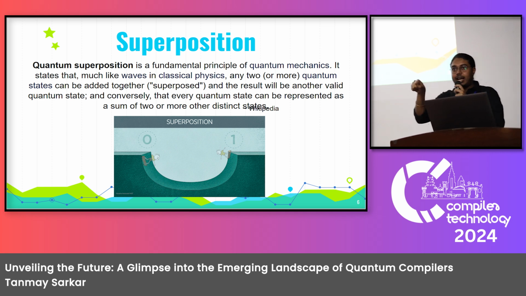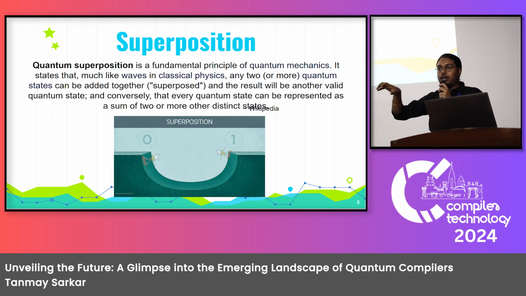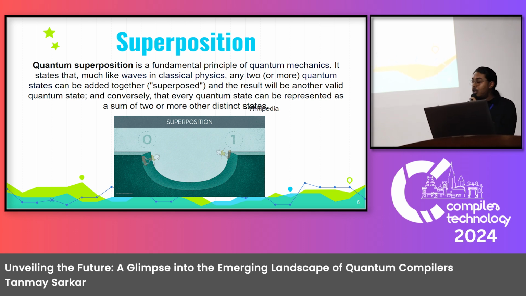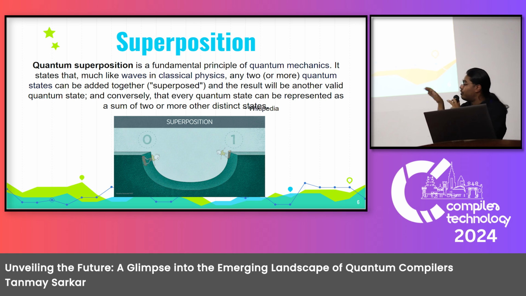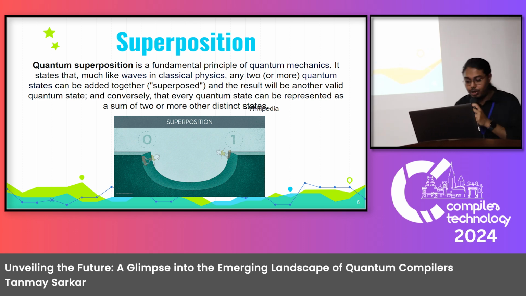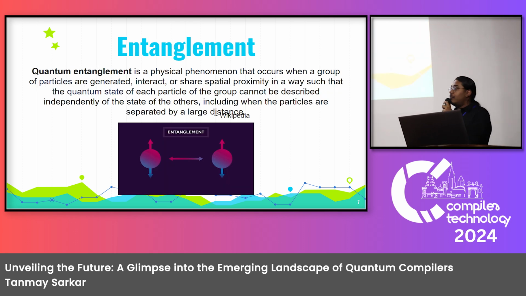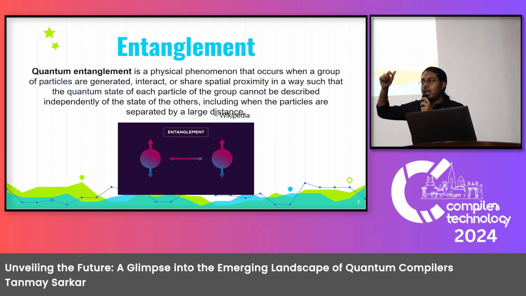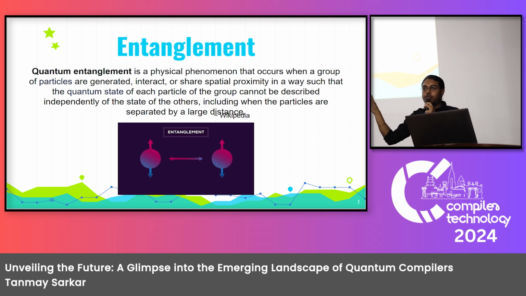When you measure that state in superposition, you just converge into one state. That is the technicality, or you can say that is the magic we have to deal with to make quantum algorithms work. Same with entanglement. Let's say you have two electrons, and their spins are entangled. We all understand what electron spins are, right? So spin up, spin down.